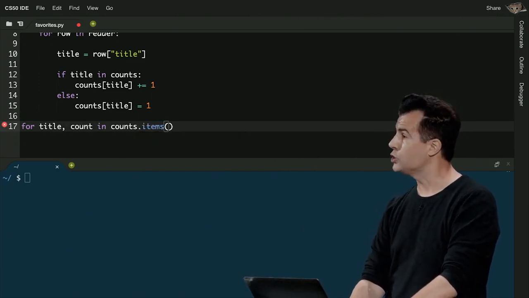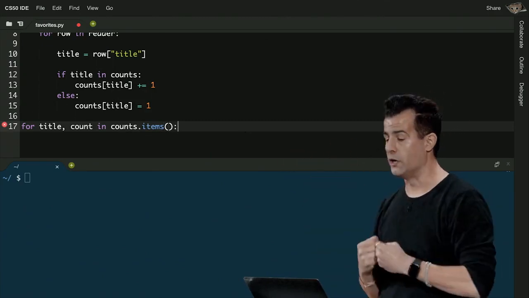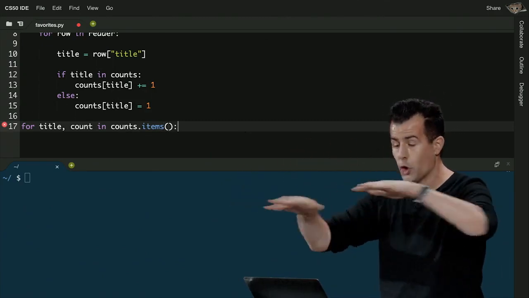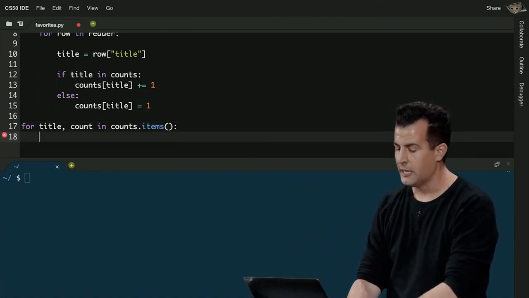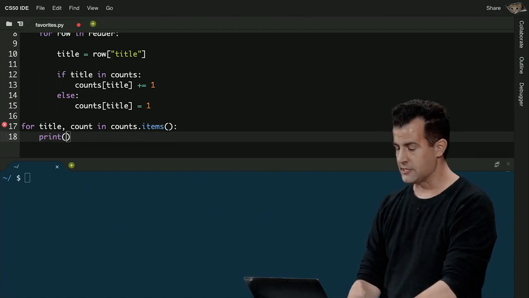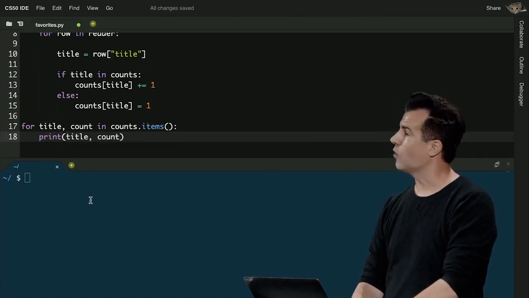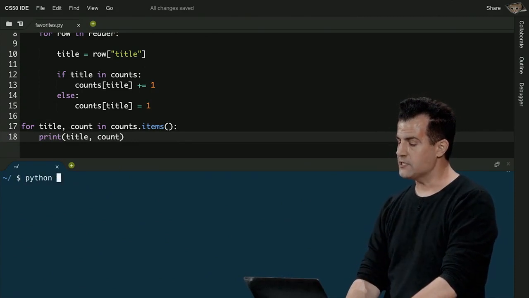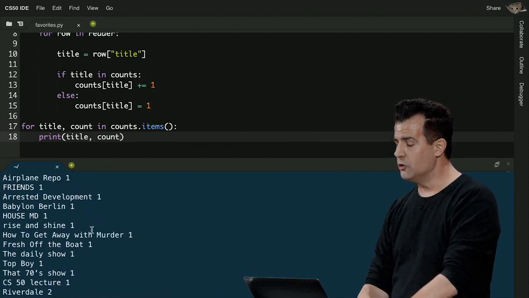But if you want to iterate over not just the keys, but all of the items therein, there's this other function in Python associated with a dictionary that will hand you back two things at once, key and value together. And you can call them anything you want. I'm calling them title, comma, count, respectively. Now let me go ahead and print out, for instance, something like the title. And then let me go ahead and just print out the count right next to it. So now if I save this and run favorites.py, OK, it's prettier, but it's still a little messy